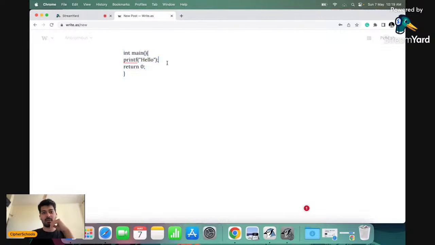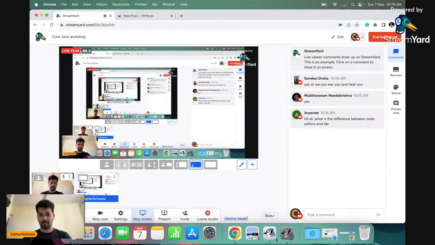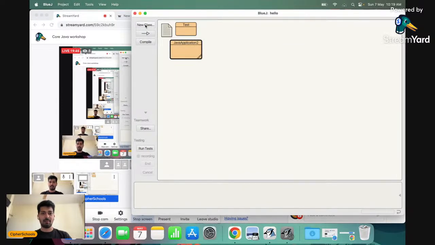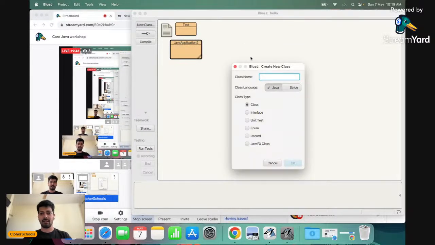But when we talk about an object-oriented language, particularly Java for that matter, the starting of the code is very different. This is not how we write, right? So let's just have a look at that part. I'll be creating a new class. Once I click on it, I give a name to my class.